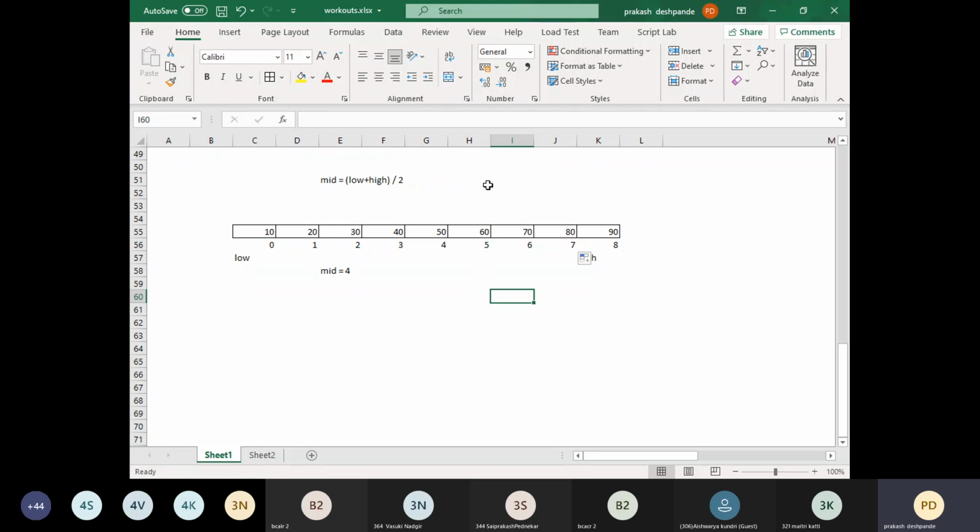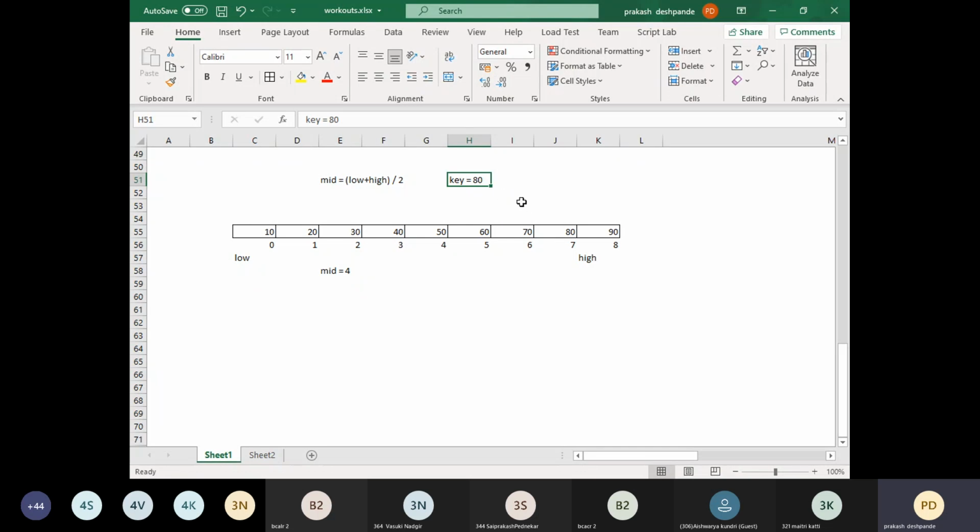Okay, now we have something called a key here. Key means that particular element we are going to search for in the given array. Say, assume that the element in this case is 80. The key means the element whose index we are going to search for. Okay, basically there can be two possibilities. The first possibility is that this particular key element might be present in the given array or it might be absent in the given array. If it is present, the job of the binary search is to retrieve the index of this particular key element.